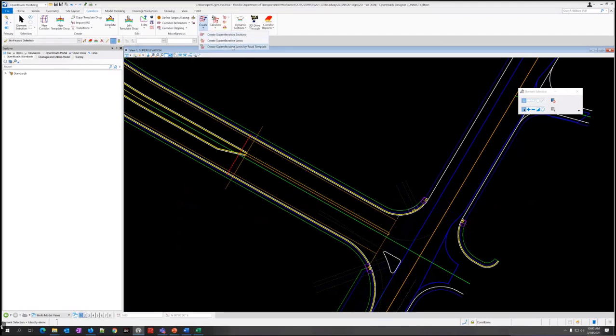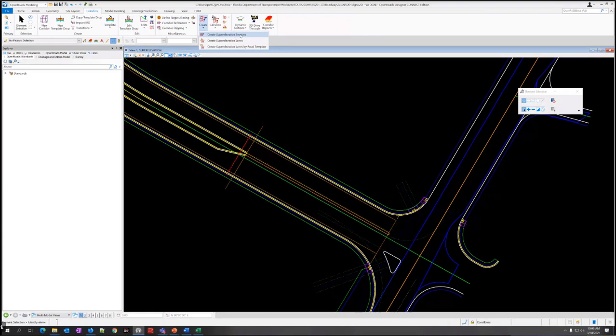Okay. And a couple of them, this one has been around, I think since ORD came out at least. But this one is fairly new. I think with the current release that we're supporting, the create super elevation sections, I think at least as of 10.8 that they added that feature.